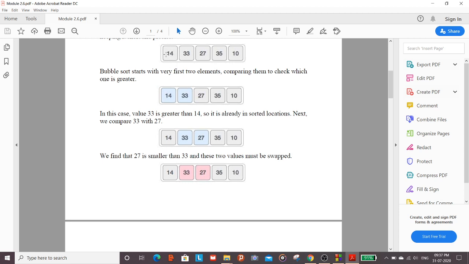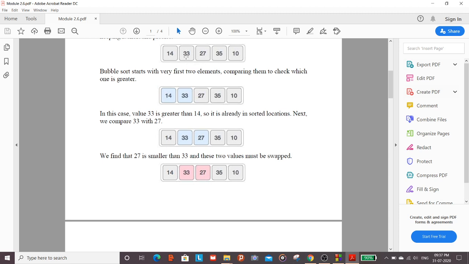Array of 0, that means this position, is compared with whom? Array of 1 index, that means this position. First these two elements are compared with each other. So here 14 and 33. 14 is smaller and 33 is larger. That means this is sorted.